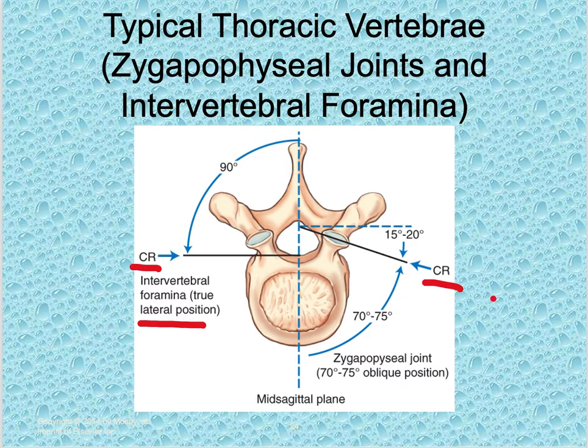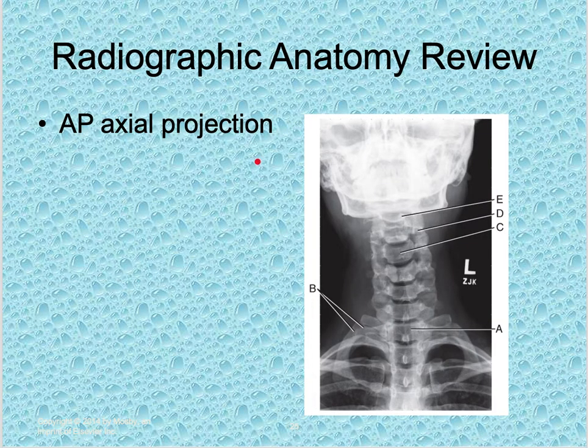When we were imaging our cervical spine, we had an oblique and we were actually viewing our intervertebral foramen. So separate those as far as the laterals, what you're seeing, and the obliques, what you're seeing. This 75 and this 15 to 20 or even 20 to 25, I will talk about later. I think it's going to be on the last slide, and I'll explain what these degrees of rotation mean, okay? So AP axial projection,